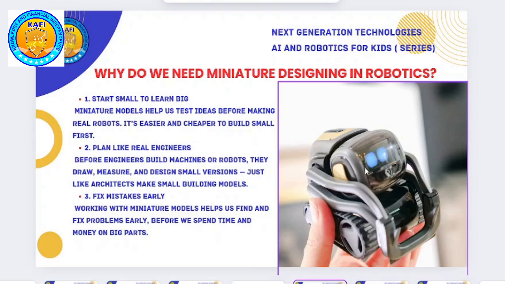Robot car. And this person made a very small thing here, because if he wants to make it big and there are some mistakes, he is going to lose many things. So he makes a small thing. It costs something, but it is very little money, maybe $100. He can make this one in $100, and instead of spending $10,000, he has just made this model in $100. And if there is a mistake, he will know and he will correct it before making the real robot.